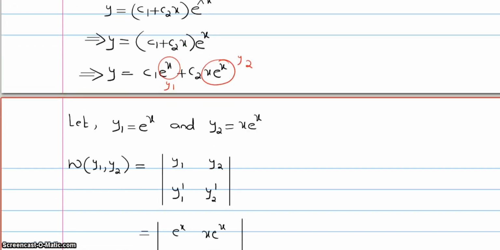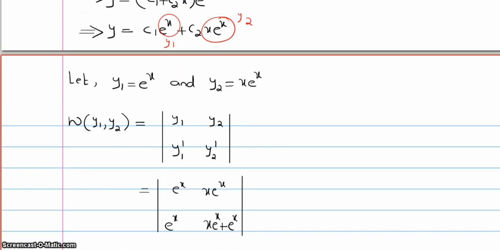Now we need to check whether these two solutions are linearly independent or not. For this, we will find the Wronskian of these two solutions like this. The first row will be the values of y1 and y2, so replacing them by e raised to x and x e raised to x. Then the next row will be their derivatives. The derivative of e raised to x is e raised to x, and the derivative of x e raised to x